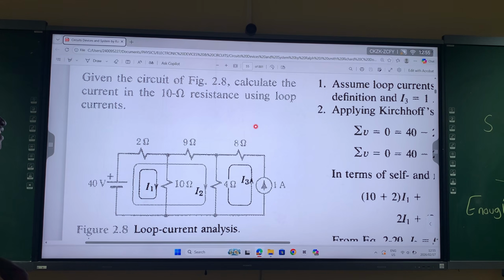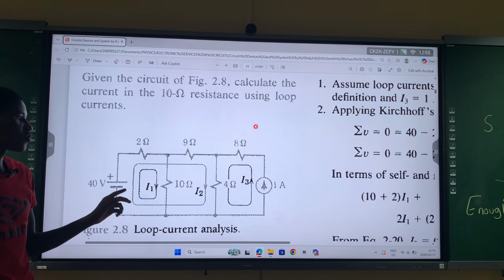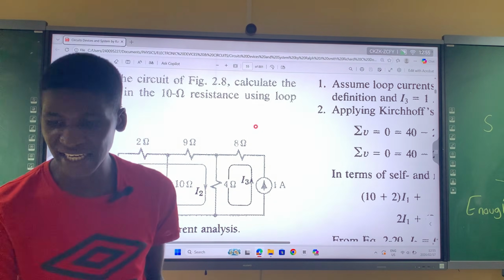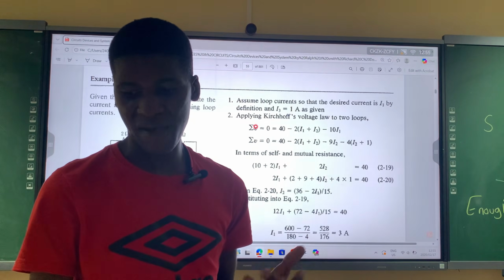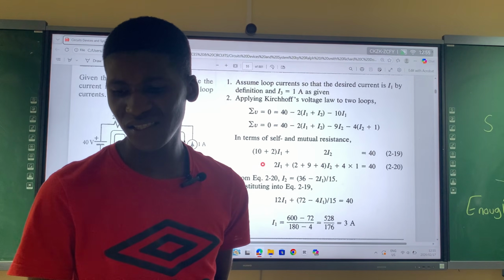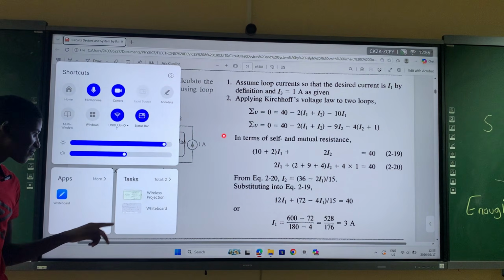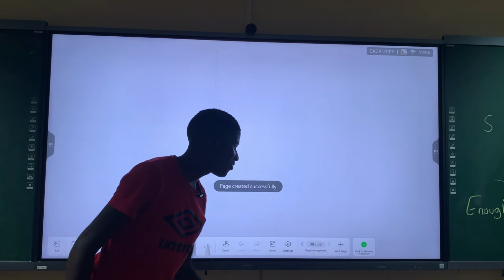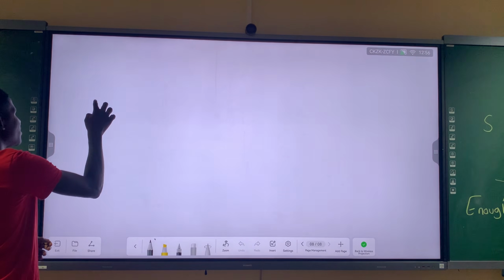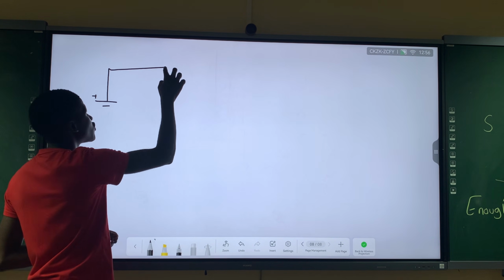So you can make any loops as long as those loops, at least, they must be able to cover the 10 ohms resistor that you are looking at. So we can just try to do that one as well. But again, we have to do other ones. But it's still the same thing that we did. Okay, I'll just set up the expressions, then the maths you guys will do later, because the maths is a lot. So here we have got